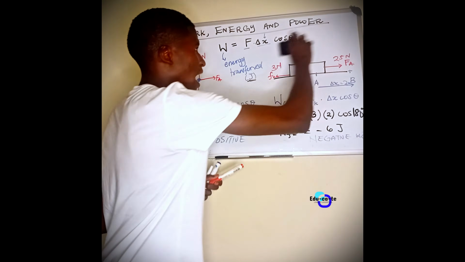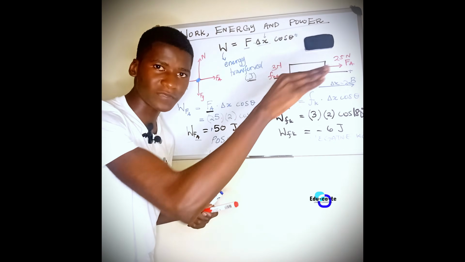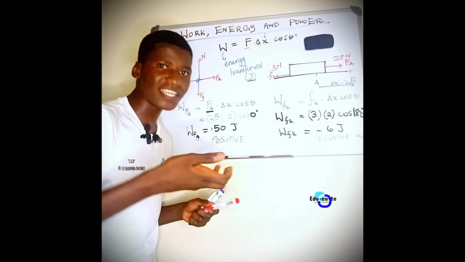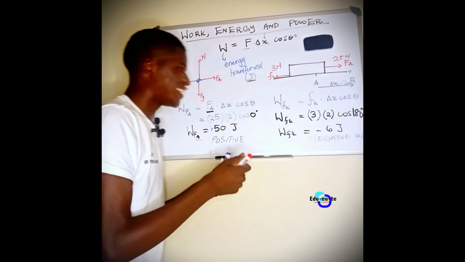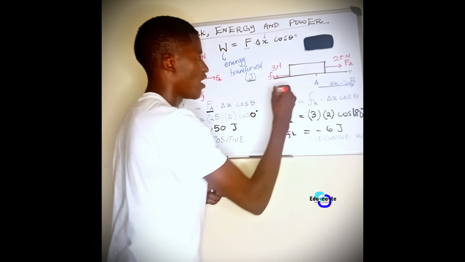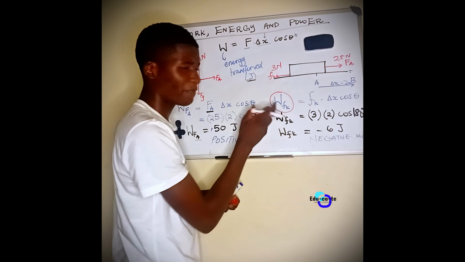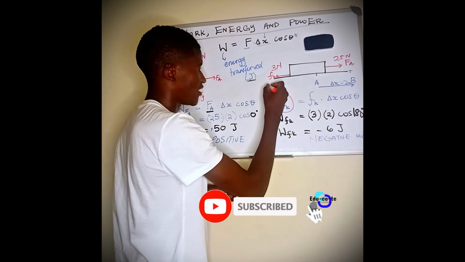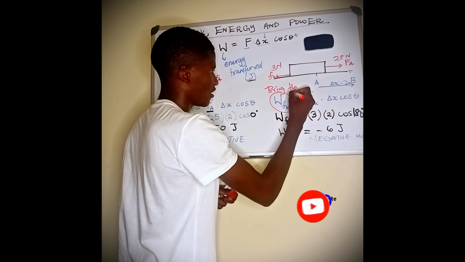Just like as I apply a force to this object, the force that I'm applying is causing the object to move. So it is positive work. It is putting energy into the object so that the object can move. But the frictional force is trying to bring this object to rest. So we can say the work done by frictional force, or the frictional force itself, is trying to bring the object to rest.